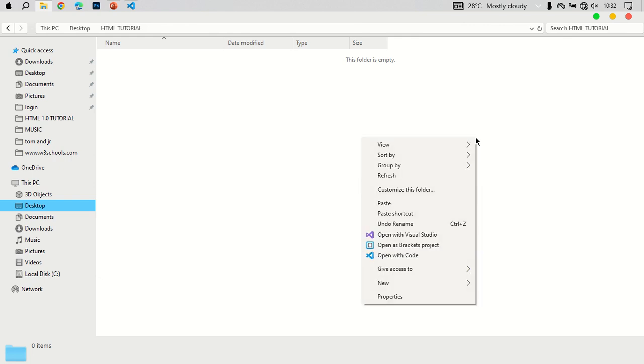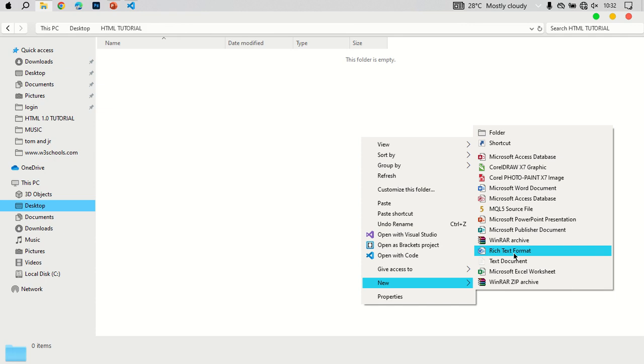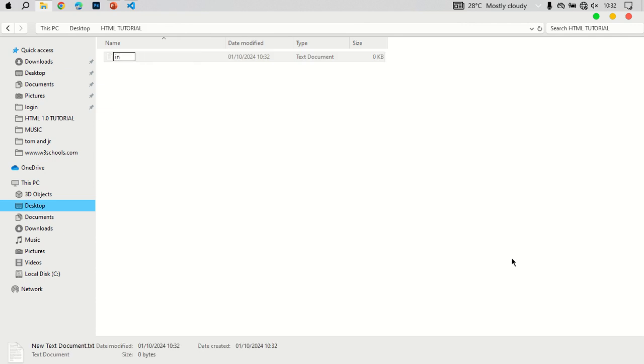We have the one that you create from here just by right clicking, click on new text document, and then index.html. This index.html is not necessarily that you have to do index, but the .html tells you that this file is an HTML file. If it's a CSS file, we will have .css. If it's JavaScript, .js, and so on and so forth. So it doesn't necessarily have to be index. You can make it any name. I can also name it home.html. So this is the first way of creating a file